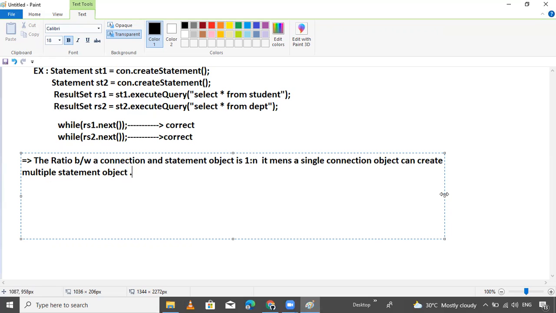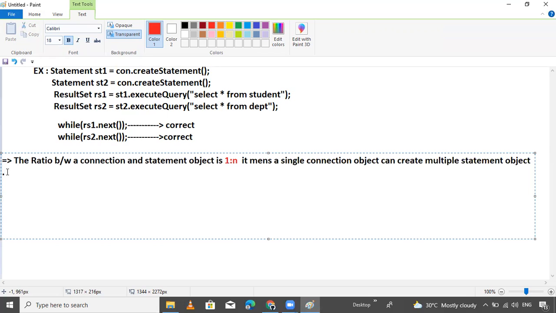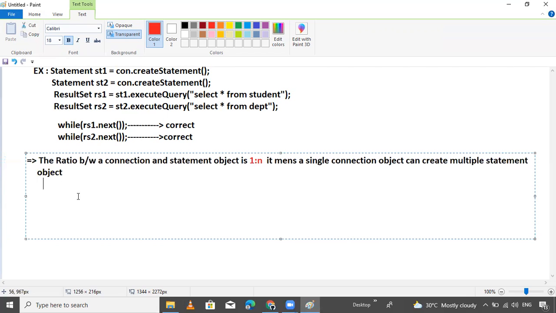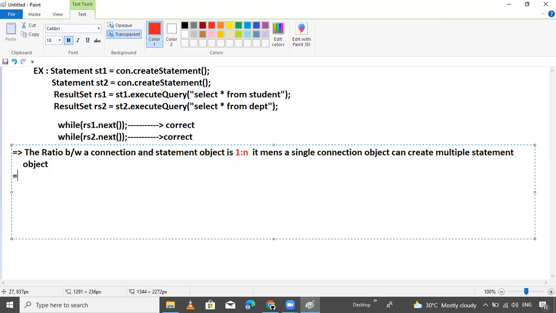This is the meaning of this line. So now, this is the ratio.